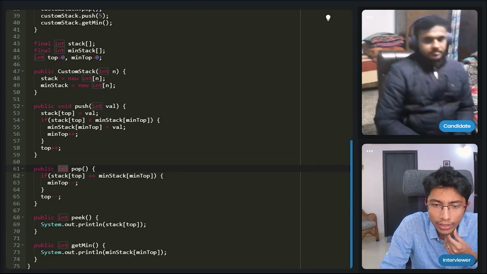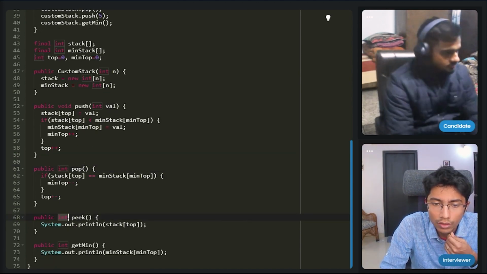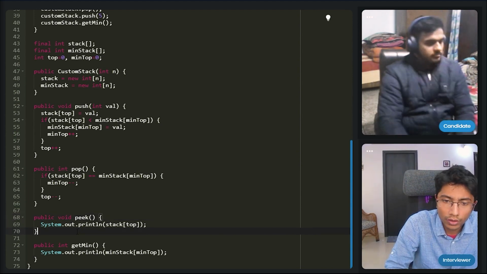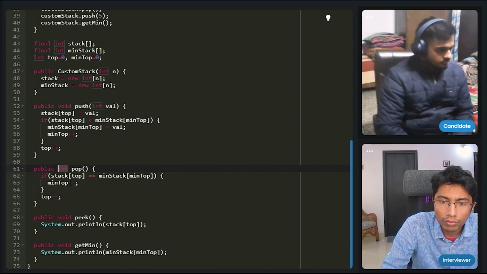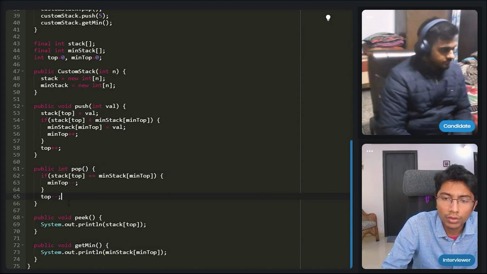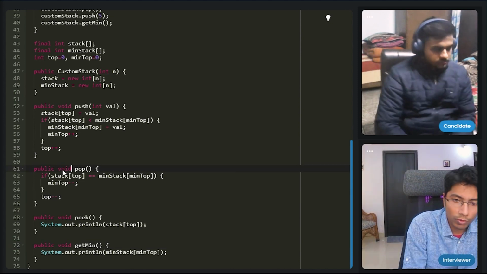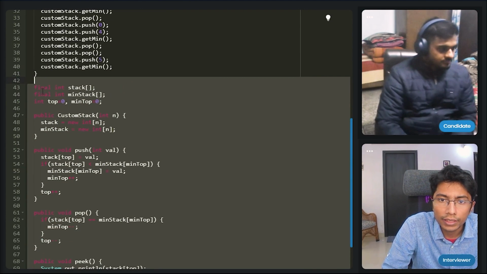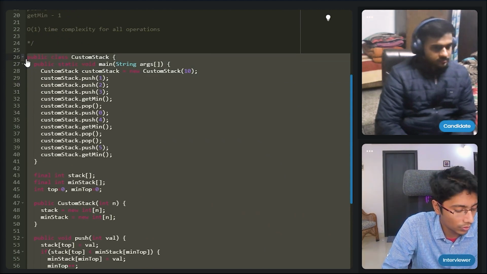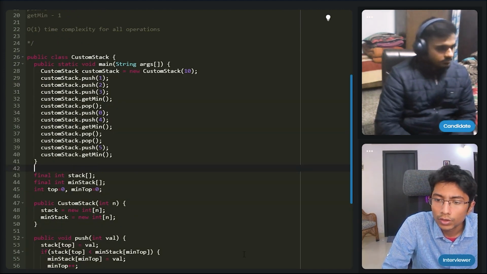Actually, that's a good idea. So what I'll do is I'll change this to void, just to start off with. Yeah, I think that's a good catch. I would have broken the compiler there.